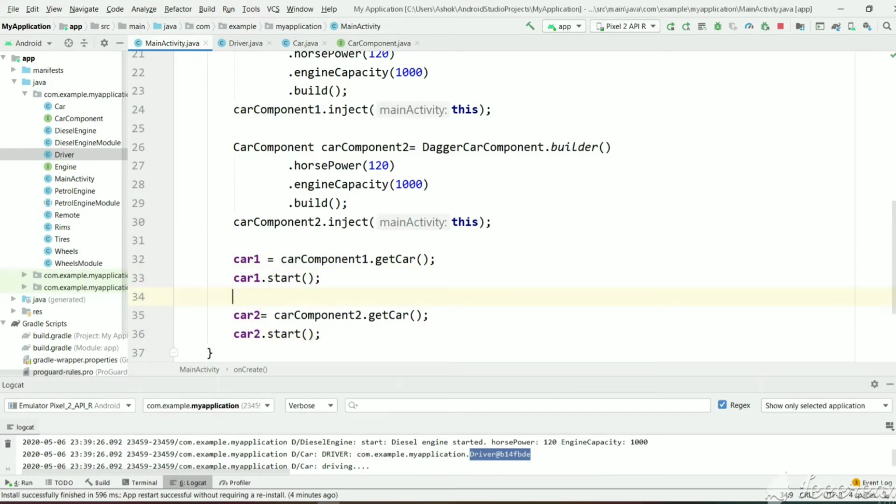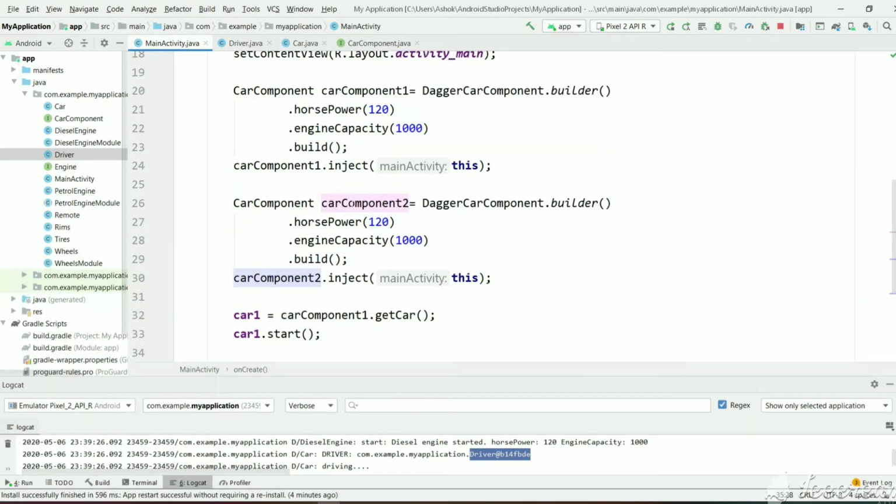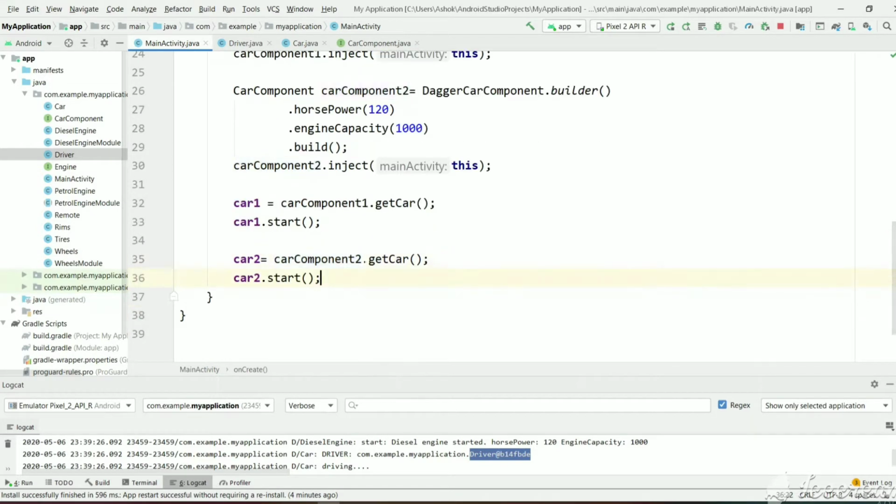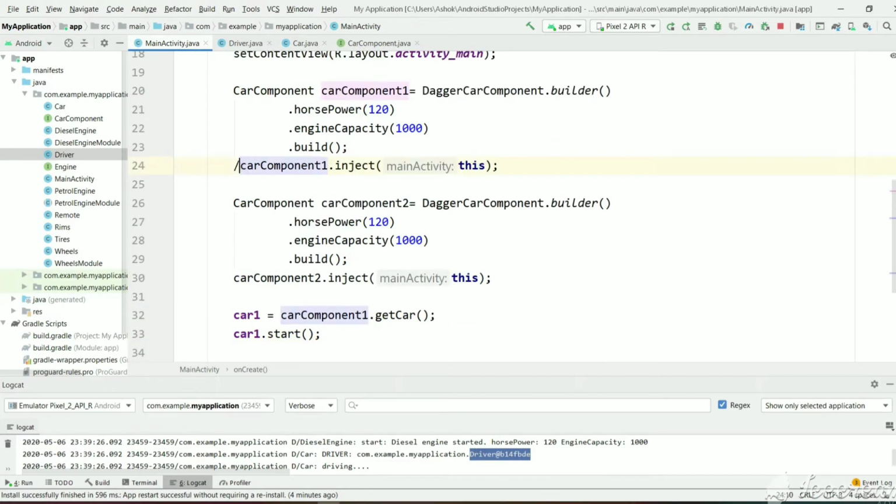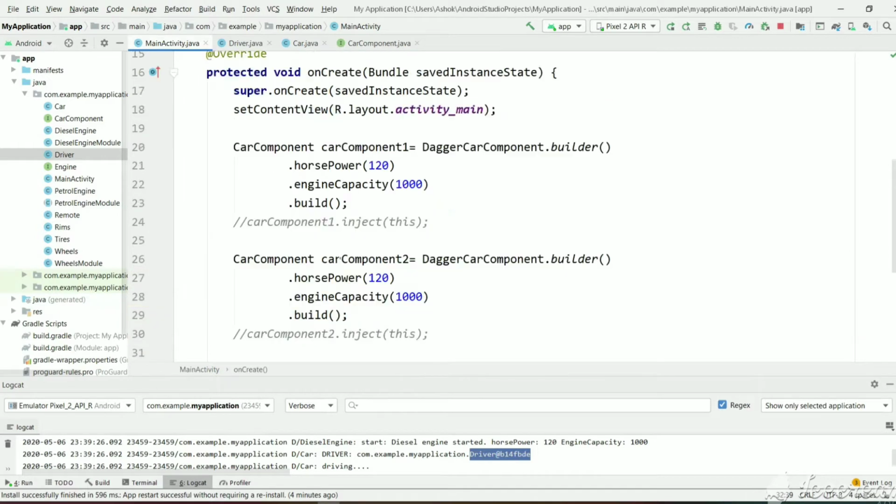So now the car 1 instance we have created using car component 1 and car 2 we have created with car component 2. Normally singleton object means every time it should be the same instance, but in this case car 1 will have a different driver and car 2 will have a different driver because they are different components. Let's execute and see. In this case we do not need the inject method because we are creating cars with the direct method of get car.